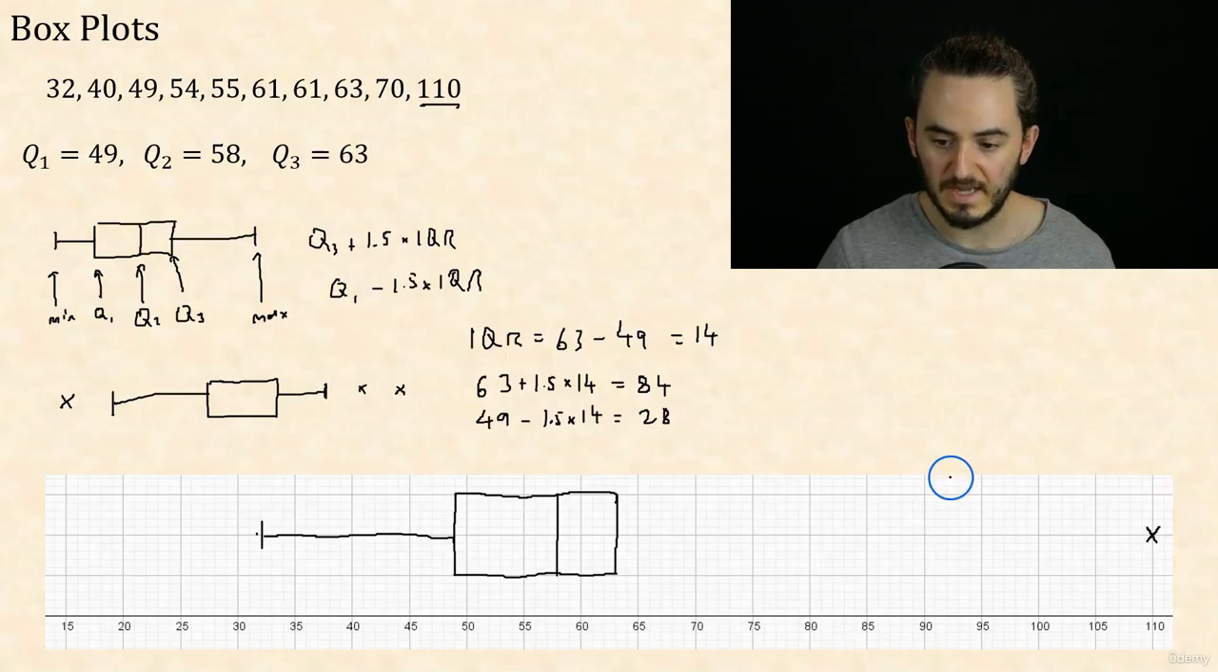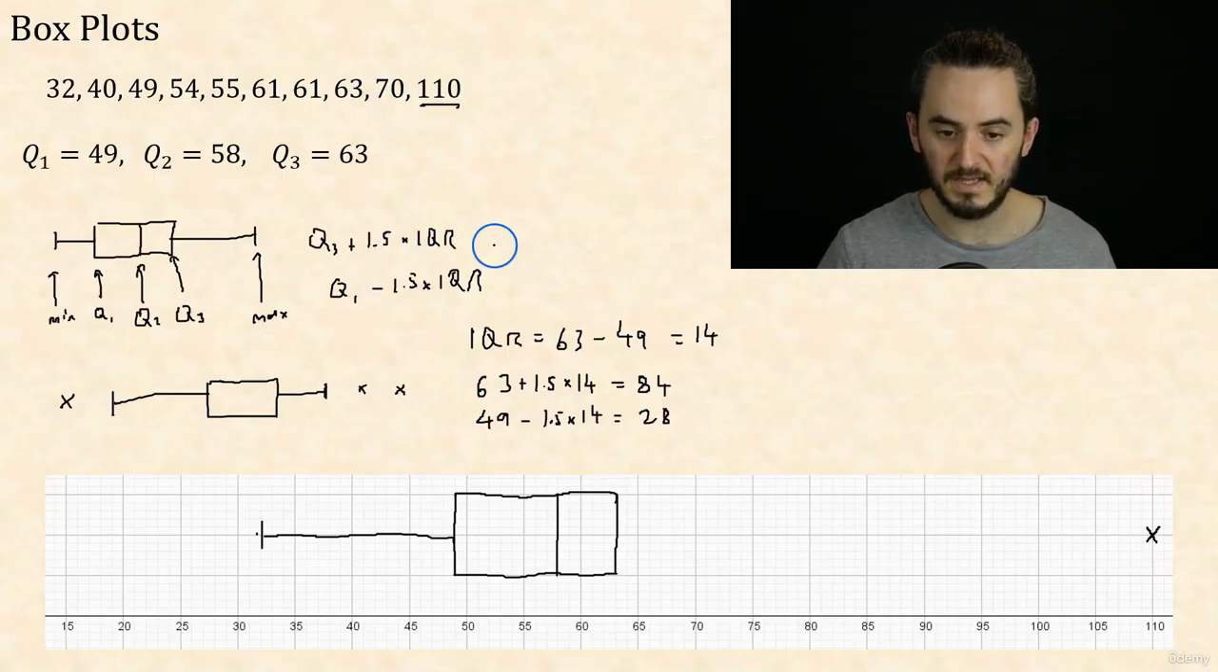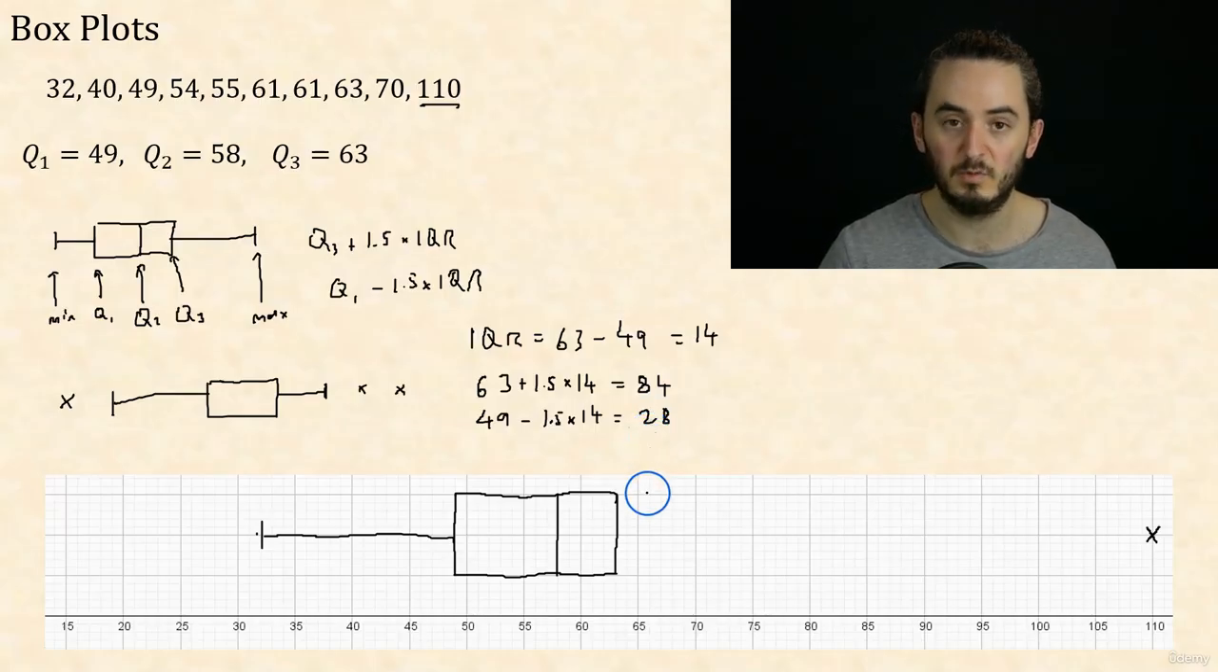And then I'm going to extend my whisker all the way up to 70, which was the last data point that wasn't an outlier. Now, you can extend it up to 70, or you can extend it up to the boundary for outliers, which is 84. It doesn't matter which one you do. So it's really up to you. I personally think it's a bit clearer to take it up to the last data point which wasn't an outlier,